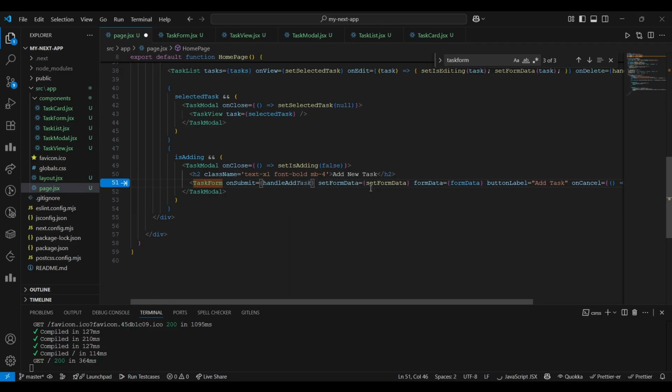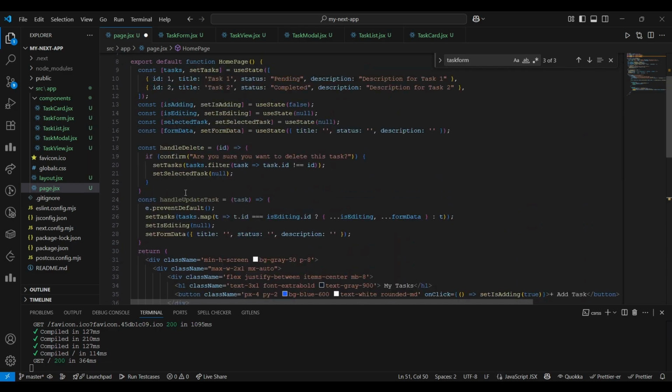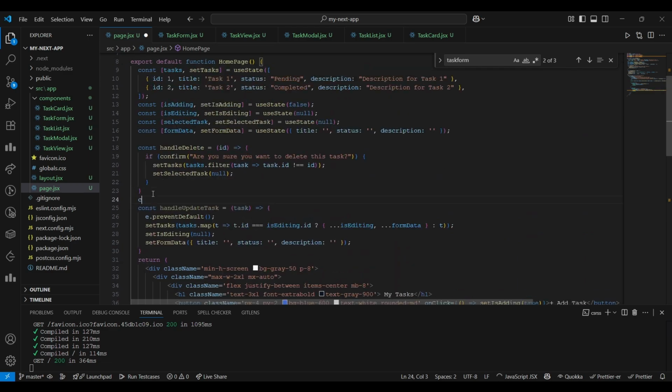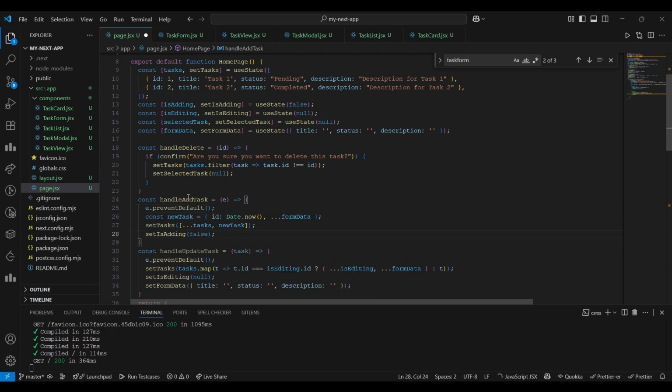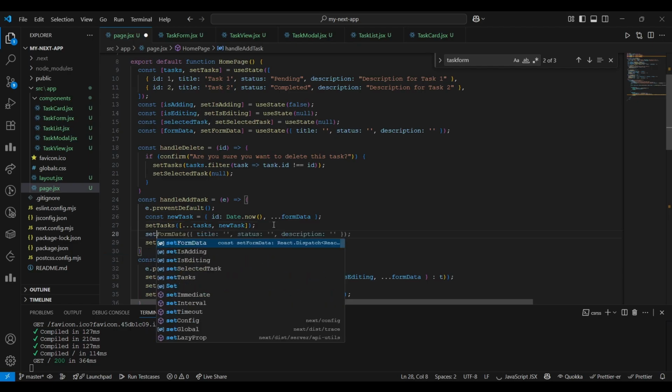We need to create the add task here. Sorry for the mistake. I need to create the handle add task function here. The event default. The new task I was creating id Date.now, and also form data. The set task with the task and with new task, and also set form data with